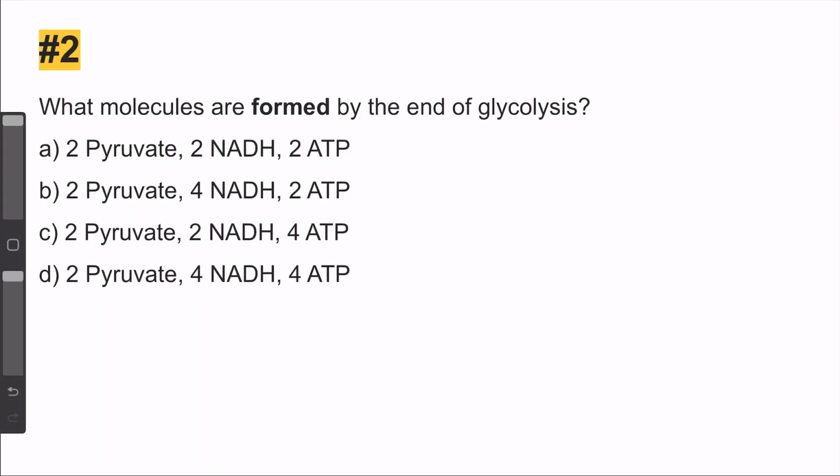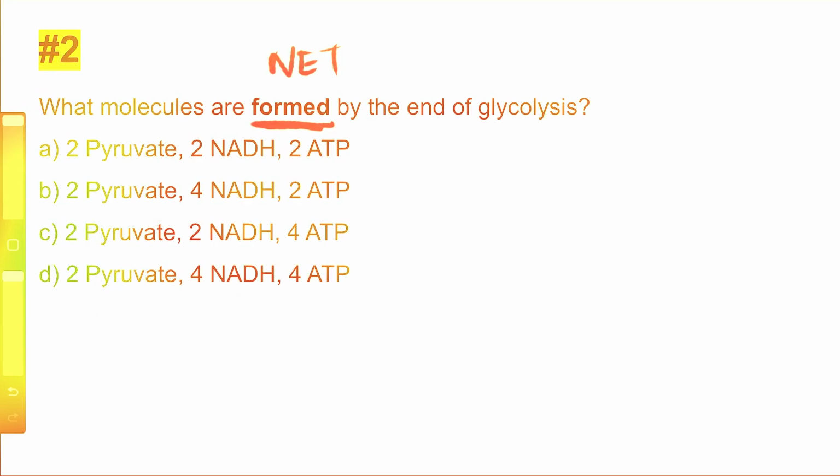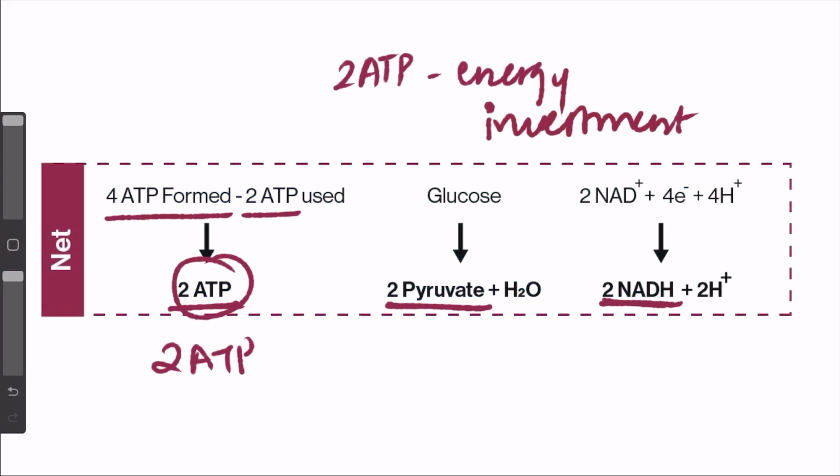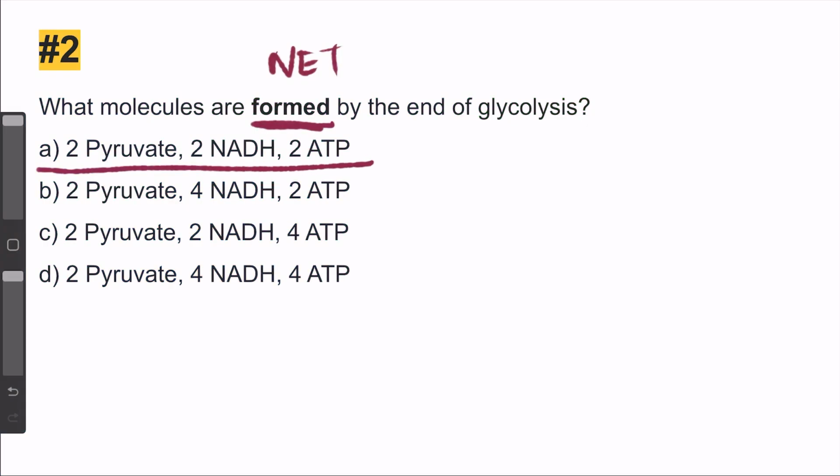Now let's move on to the next question. In our next question, we're asked to find what molecules are formed by the end of glycolysis. Now the key word here is formed. It is not asking for the net gain of glycolysis, because if it was net, the answer would be 2 ATP, 2 pyruvate, and 2 NADH as shown here. So A is not the correct answer, because that is the net gain of glycolysis and not what was exactly